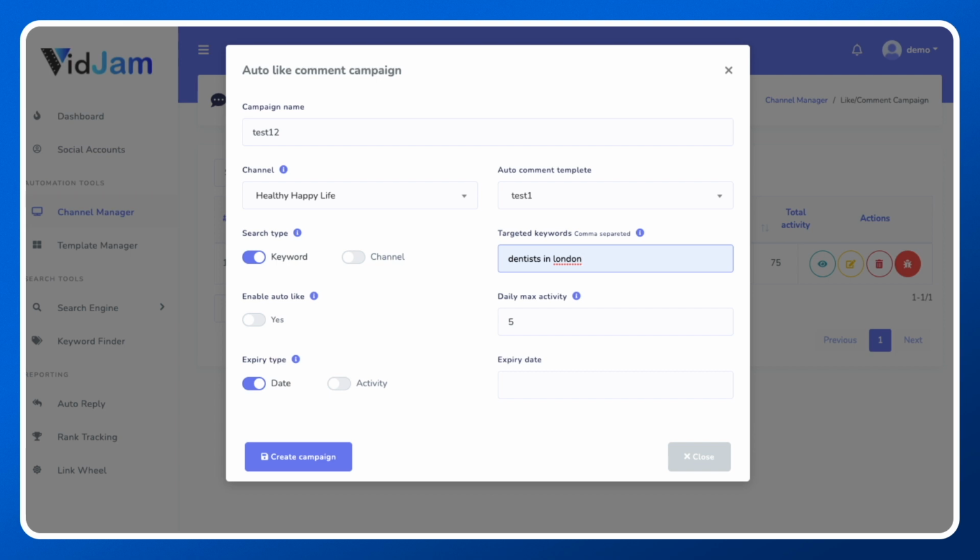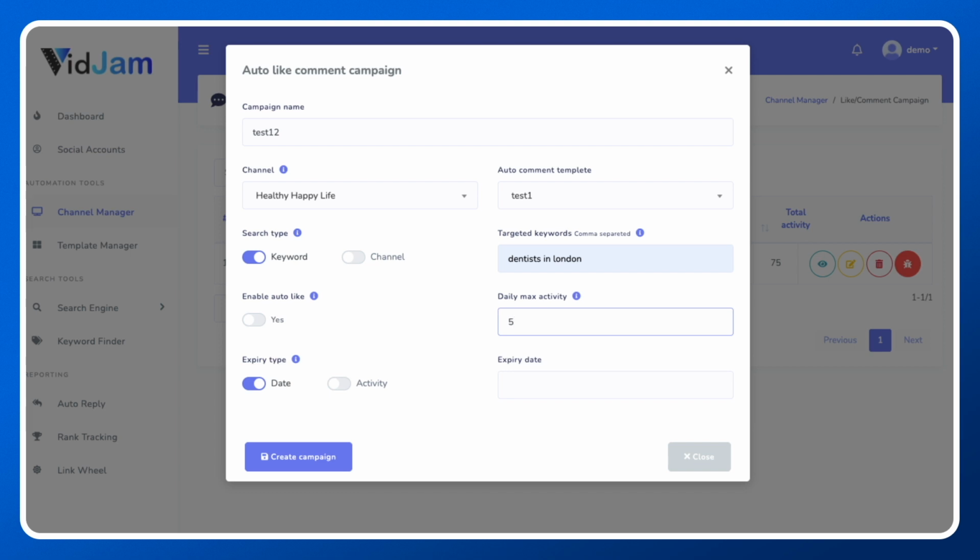And you can set up the start date and the expiry date of the campaign, and you can also set the maximum activity, how many times in a particular day you want this campaign to run. So basically I believe you can set it between 1 and 50, so you can like 50 videos in a day. And again, you do not have to go overboard with this, otherwise your account will be banned by YouTube. So just do like 10 to 15 or maybe maximum 20 videos per day. And what happens by liking a particular video, that person is gonna see who has liked that video.